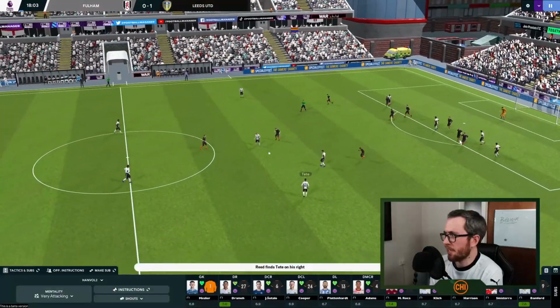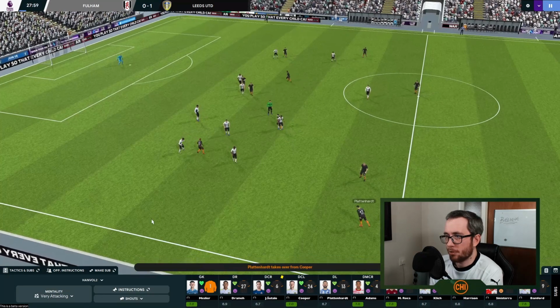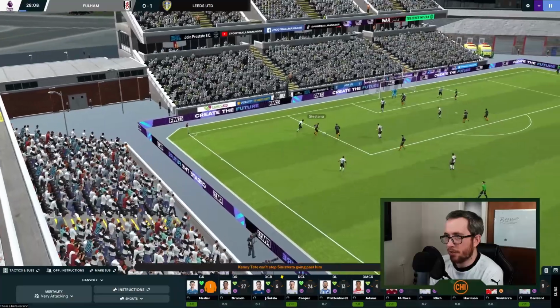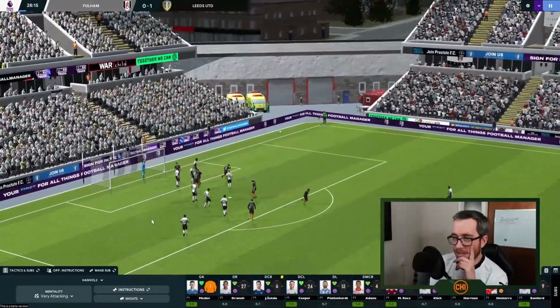Harrison with an insane interception there. Blimey, Arsenal. That's the comeback. But Cooper out to Plattenhardt. It ricochets off their defender, but still gets to Sinistera, so that's fine, I guess. He's gone for it alone. It's a good chance, really. It's a good chance and probably should have been...